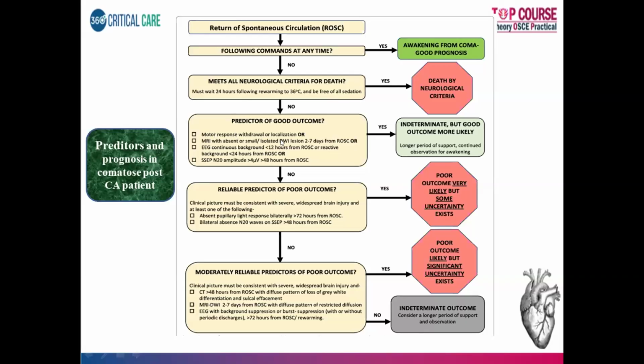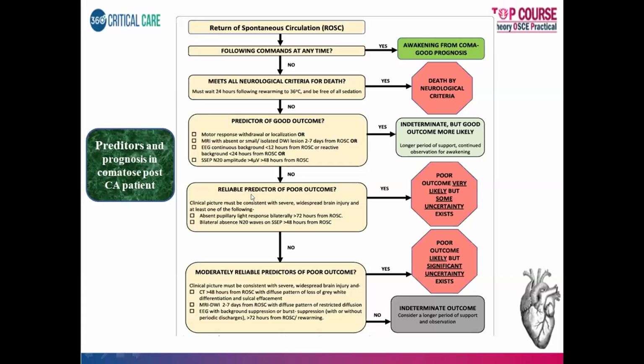Or if you do an EEG, a continuous background of less than 12 hours from ROSC, or a reactive background of less than 24 hours, or if you see an SSEP amplitude of greater than 4 microvolts for more than 48 hours, then you can say that the patient has an indeterminate outcome, but might require a longer period of support or continued observation for awakening. So if these are present, the patient might have a good outcome in future, but it could take some time. But if the patient doesn't have this, then you have to see whether the patient has predictors of